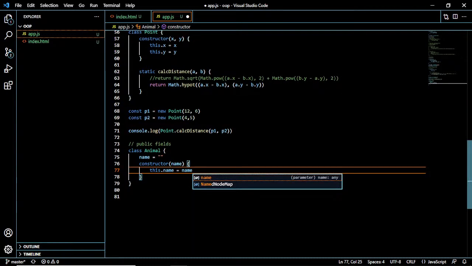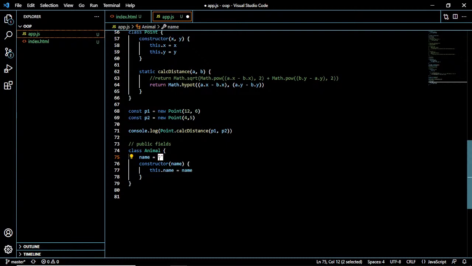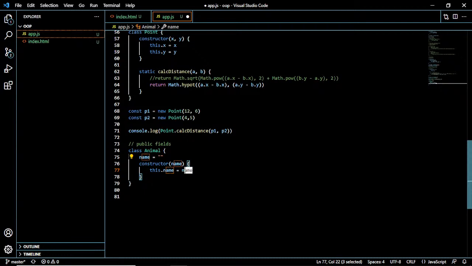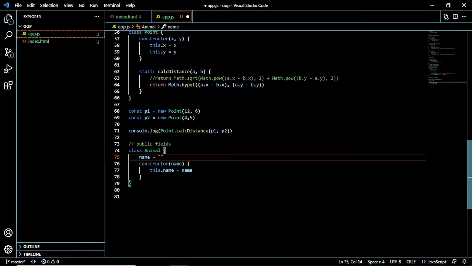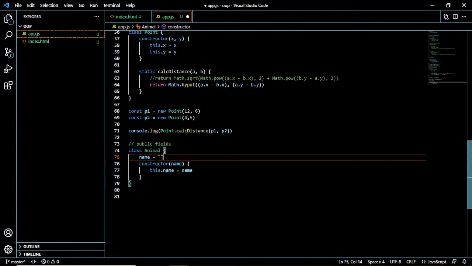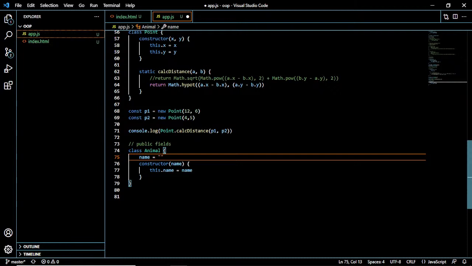So this is one thing about public variables. We can actually set an initial value for the property before it is actually initialized. This is a property right here, and it is that same property that is being referenced using the this keyword here. Understand? But it already has a default value, which is an empty string. So if during initialization I don't pass in a name, this will be used for the name. In order to test it,